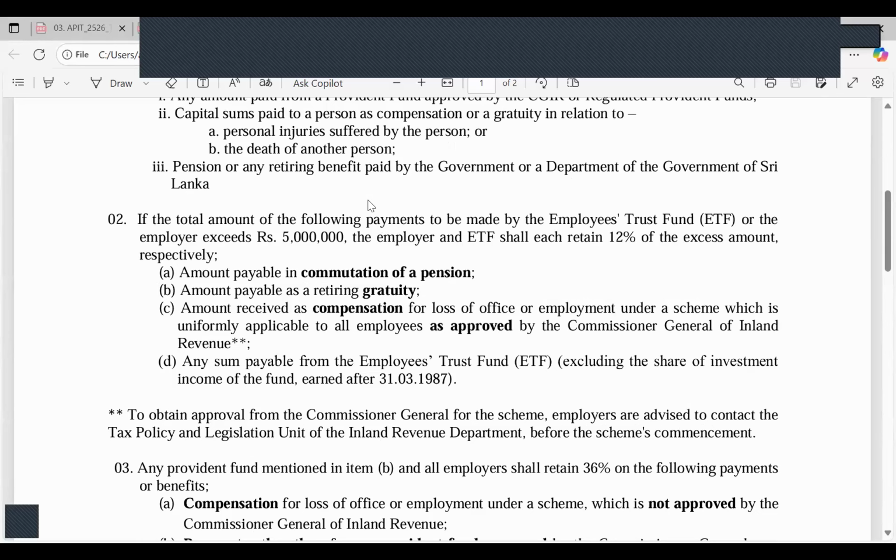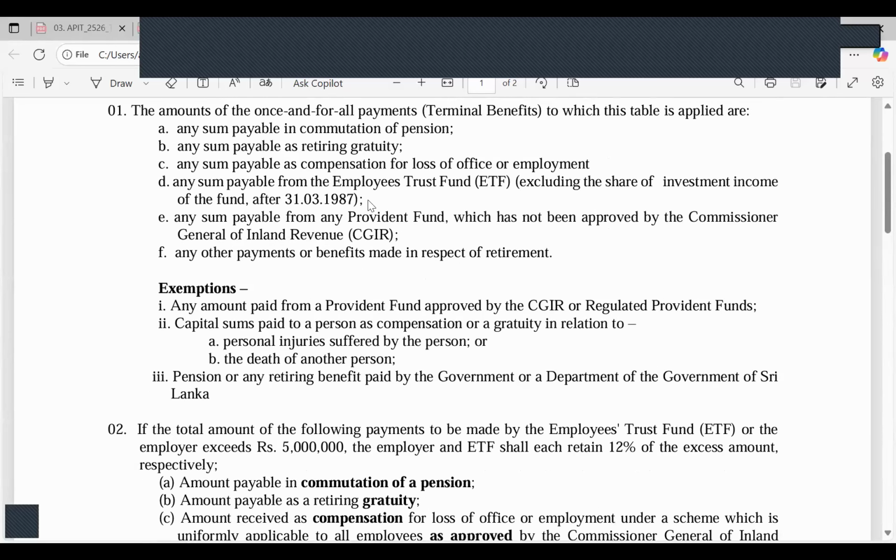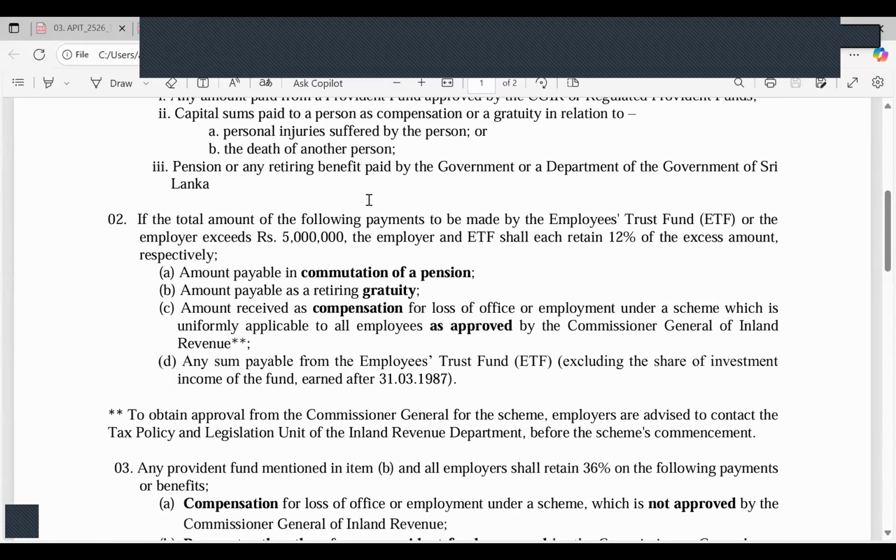So when we are deducting taxes under Schedule 3, actually this is not for the deduction, but just for instruction. It says, if the total amount of the following payments to be made by the employees trust fund or the employee year exceeds 500 million, exceeds 500